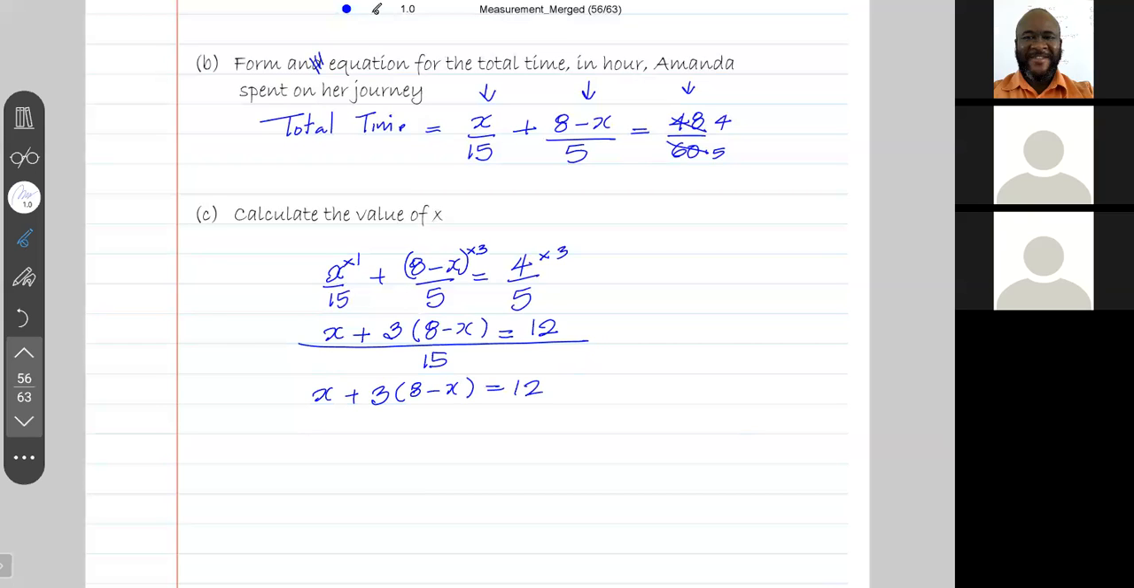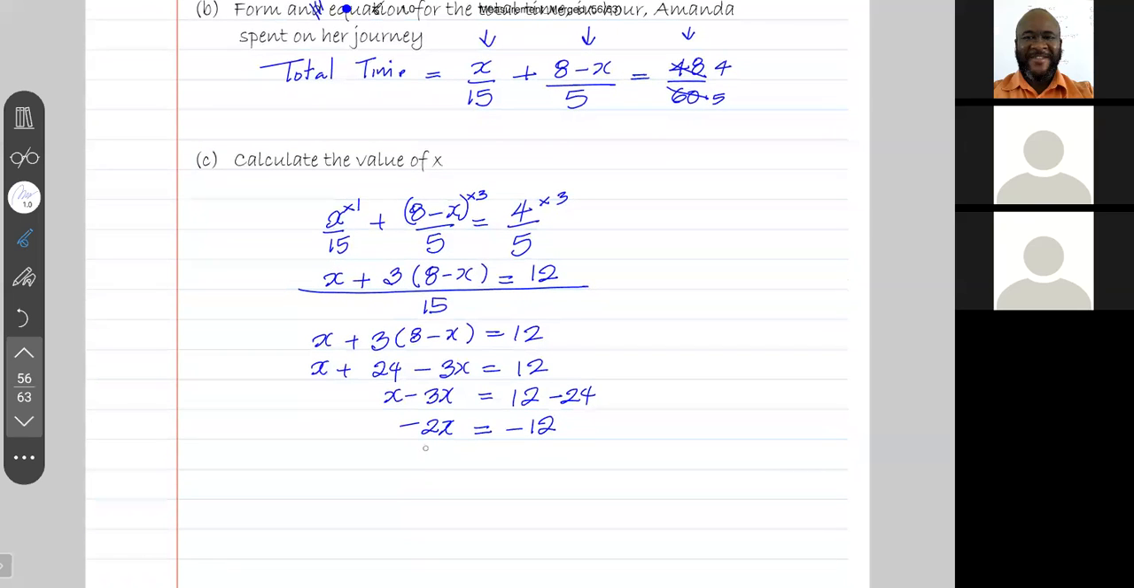I just need to solve this equation to get x. I'm going to remove the brackets by applying the distributive law. 3 times 8 is 24. 3 times x is 3x. And this is equal to 12. Let's group all the x's to one side and all the numbers to the other. We have x minus 3x is equal to 12 minus 24. Positive 24 on the left goes over to the right and becomes negative. x minus 3x is minus 2x. 12 minus 24 is minus 12. And then we're going to divide both sides by minus 2. And we get x is equal to 6